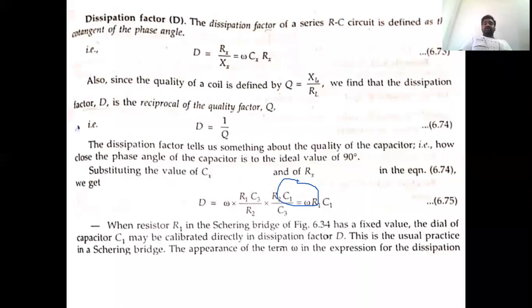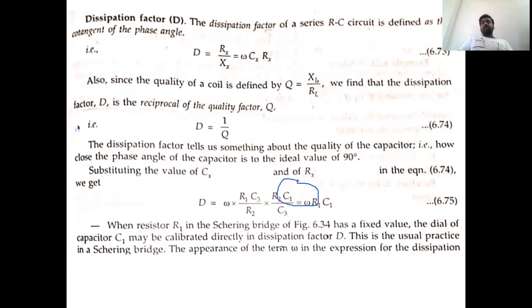So next, if we see the dissipation factor, the main object of calculating the dissipation factor is to find out dielectric loss in order to find out the quality of the capacitor. If you keep in mind, always the dielectric loss will define the quality of the capacitor. How can the quality of a capacitor be defined? With the help of the dissipation factor.